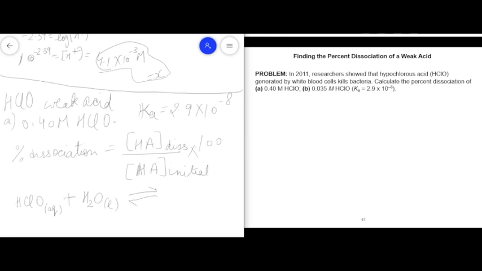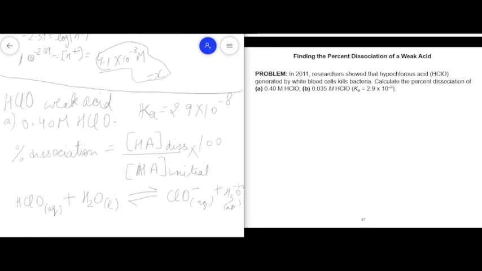So in this case, water will act as base. Once this donates the proton, what will happen to the formula? It's going to be ClO. And since one of the protons is lost, H plus is lost, the charge is going to be negative. One negative. This is aqueous. And then the last product is going to be water, which would accept this proton and it would change into H3O plus